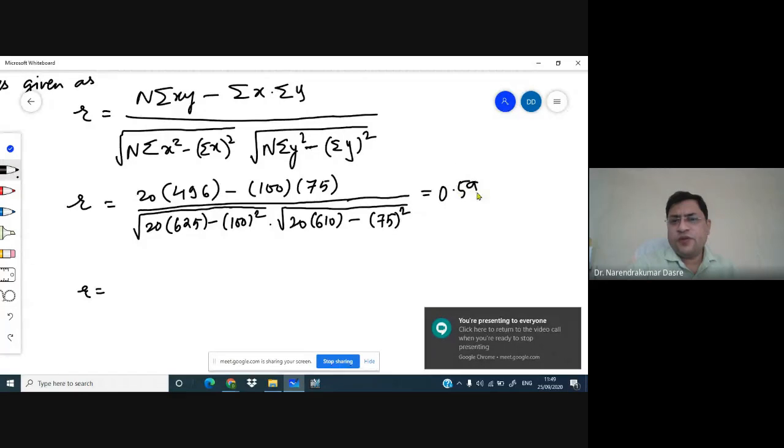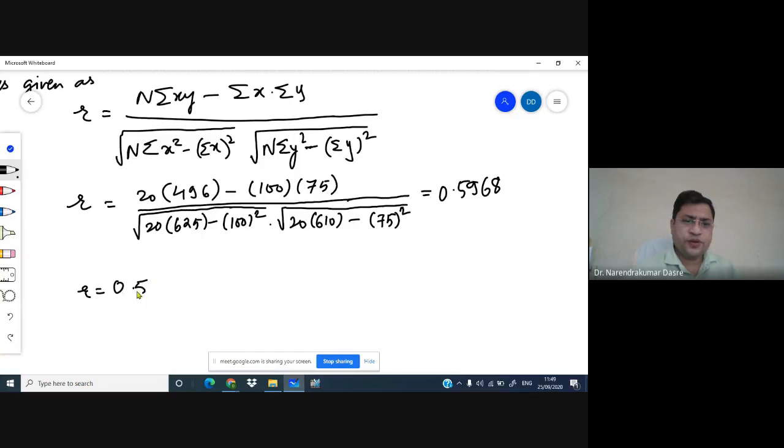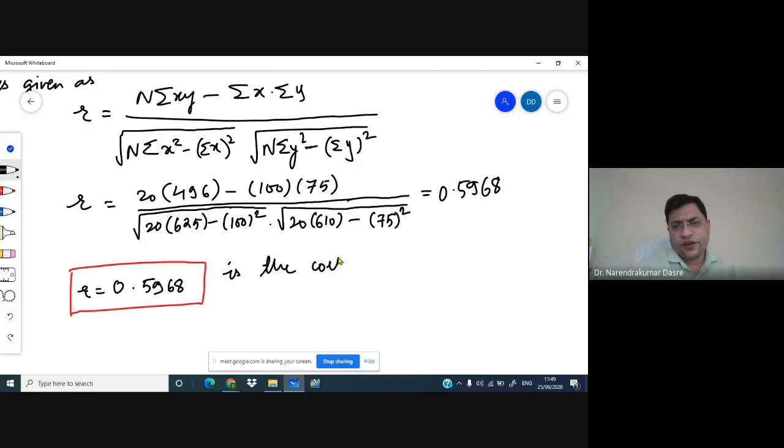So the value you got is 0.5968. So we got this value, hence we can write this is the coefficient of correlation